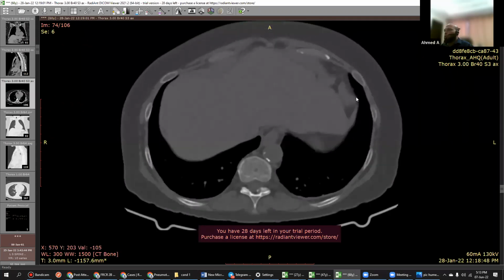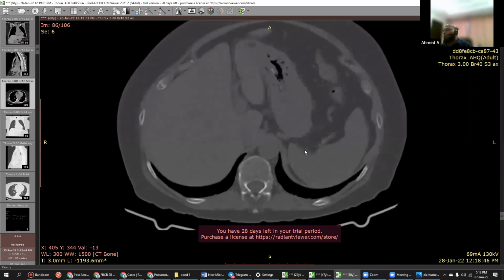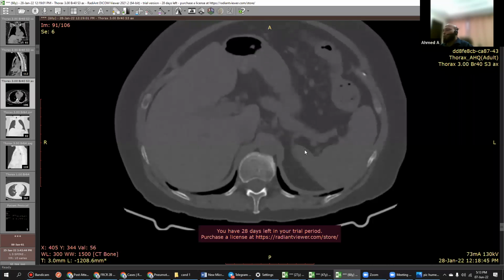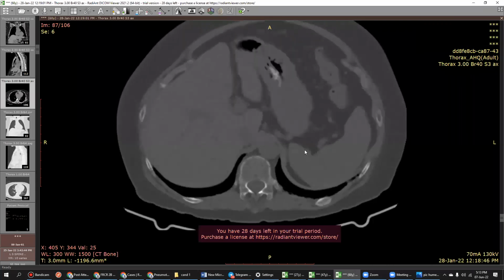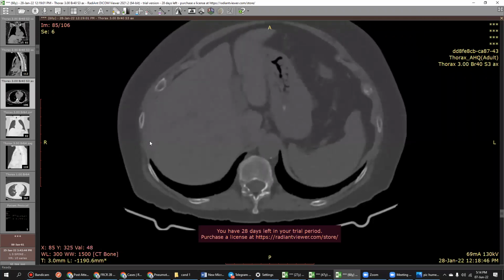Okay, you can ignore the liver. Now you are seeing the bone window, right? You had asked me for the bone window. I helped you with the bone window. Now you have to comment upon the bone. You should not go to the liver. That's how the exam goes. And I'm helping you and I'm giving you cues. Please see the bone. Please see the bone. Yeah. Thank you for your help.